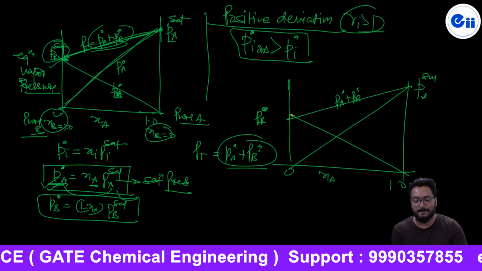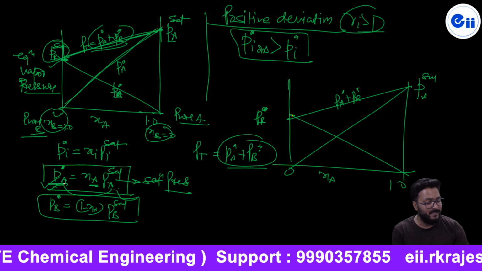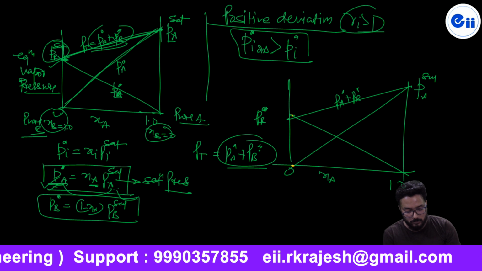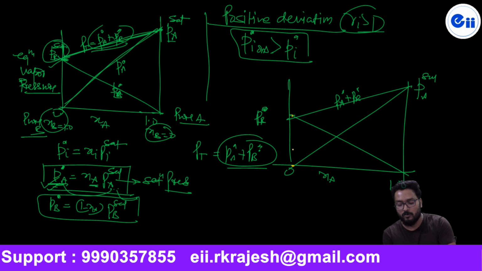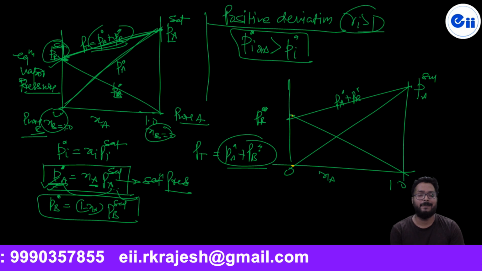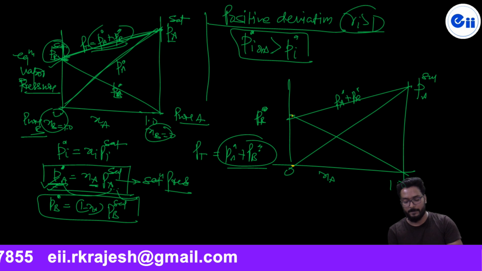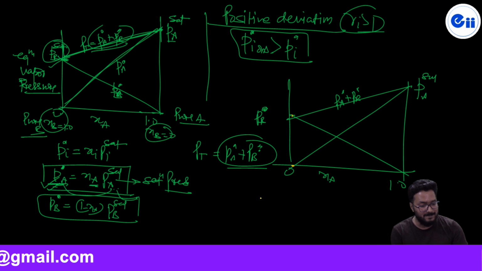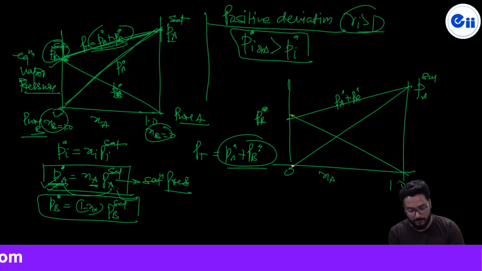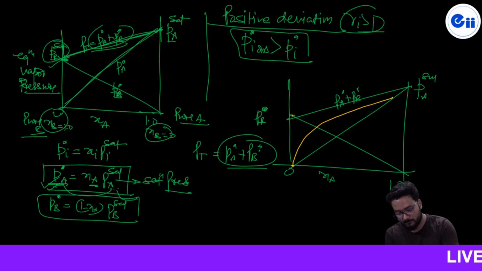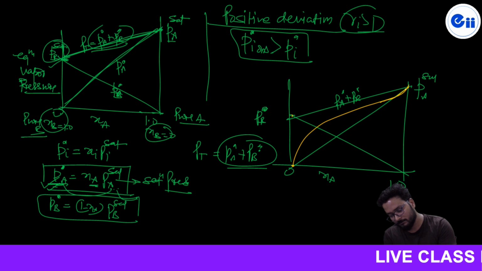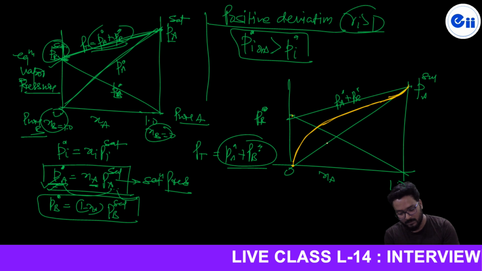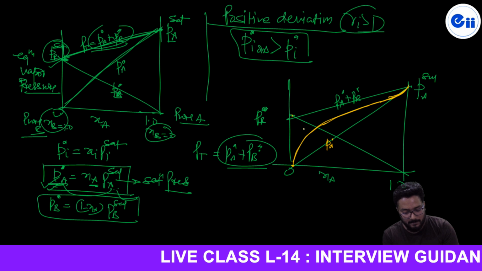Listen, as I told you, the observed partial pressure, let's say PA observed, is going to be more than PA star. Then if I am going to show this curve, Raoult's law holds good. Obviously, for which condition? When the mole fraction Xi approaches towards unity. And once it is going to follow Raoult's law, listen, this is your PA star ideal, and this is your PA observed.